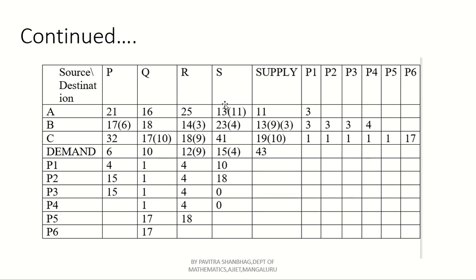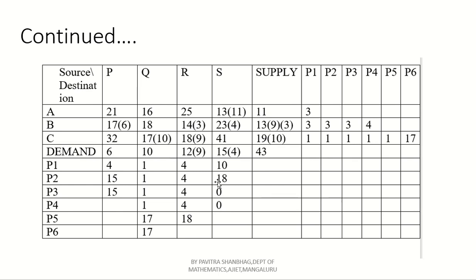Then what happens? This complete column vanishes, because here we have already assigned remaining 4 to this 4, so there is no demand left from this particular, so the last column vanishes. Simultaneously we have to remove this 4 from what? This supply 13. So 13 minus 4 gives 9. Okay, now for the next computation you have to remove first row and last column. We should not consider it for further calculation because its job is over now.